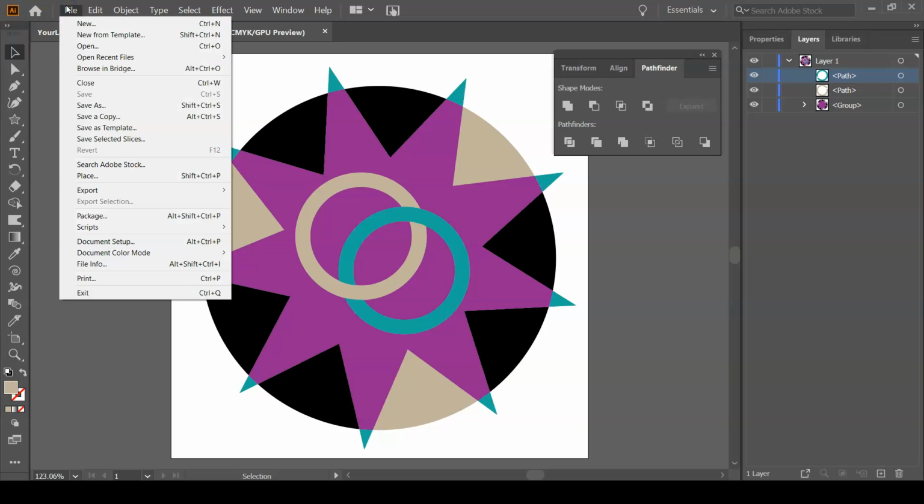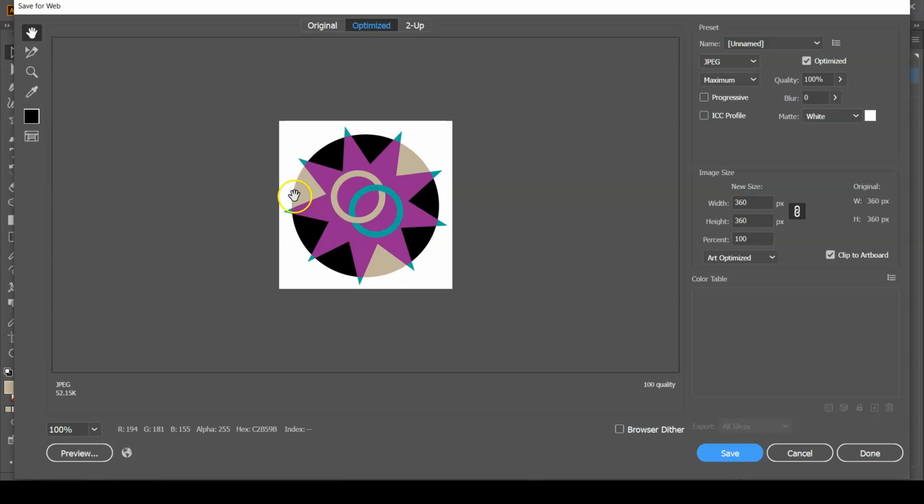We could go up to the File menu and go to Export, Save for Web Legacy. This is one way we can do it. I like going about it this way. It does give me this nice preview. In the upper right hand corner, I can choose between GIF, JPEG, or PNG. We'll choose the PNG 8,